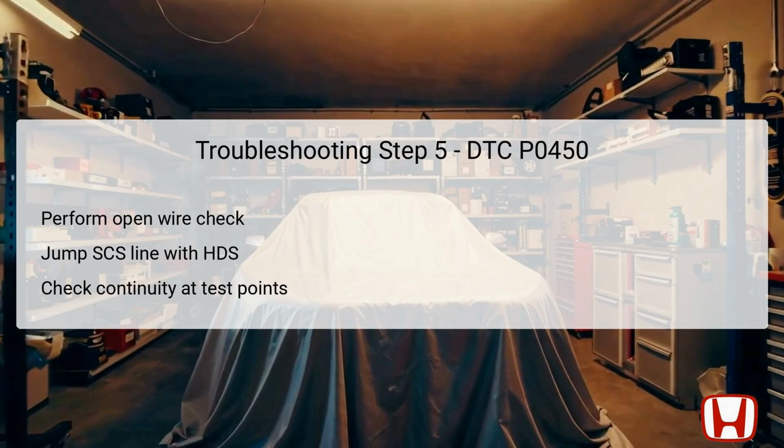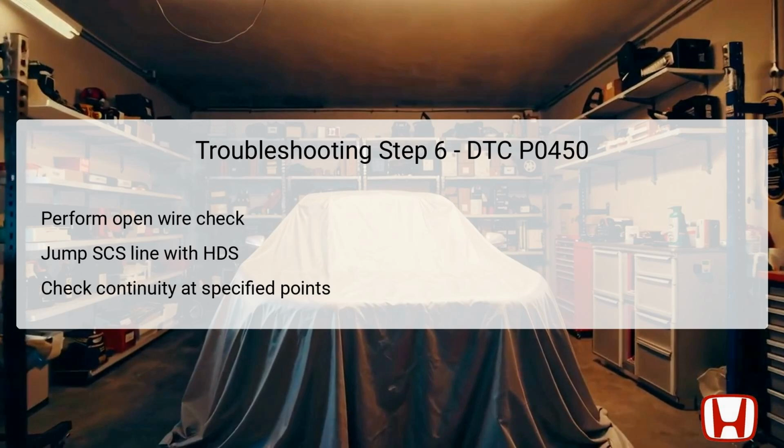Following the disconnection, connect terminals A and B using a jumper wire. Terminal A links to female terminal number 2 of the FTP sensor 3P connector, while terminal B connects to body ground. Be sure to check continuity between designated test points 1 and 2, ensuring that the wiring is intact and functioning correctly. The final step in the troubleshooting process for DTC P0450 focuses on conducting an open wire check for